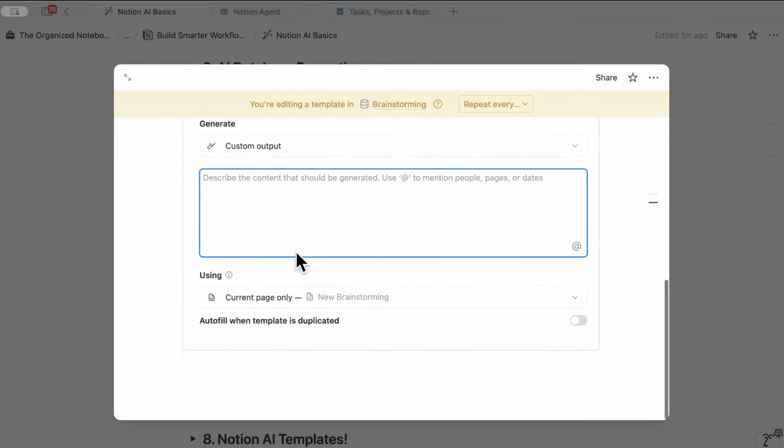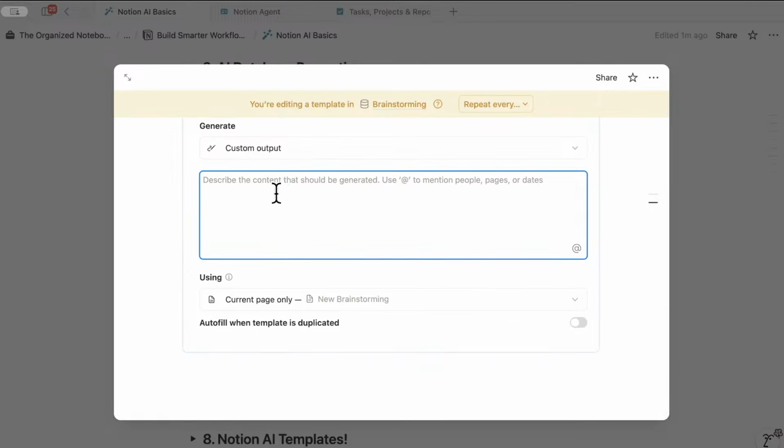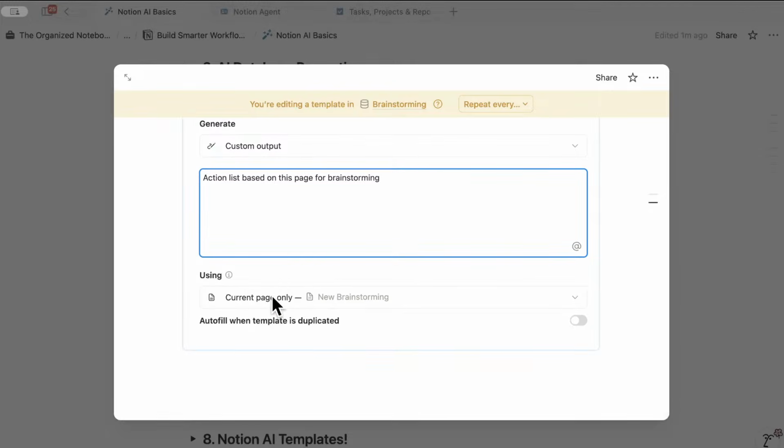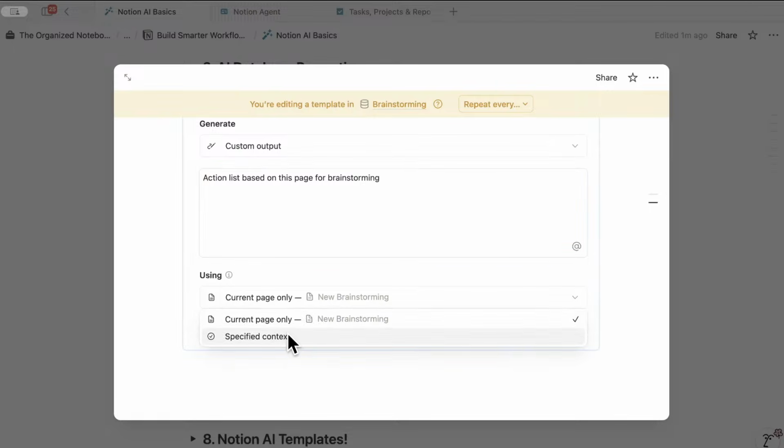So for this one, I would do custom output, and I want to have an action list based on this page for brainstorming. And here you can choose your current page only, but you can also choose, for example, specified